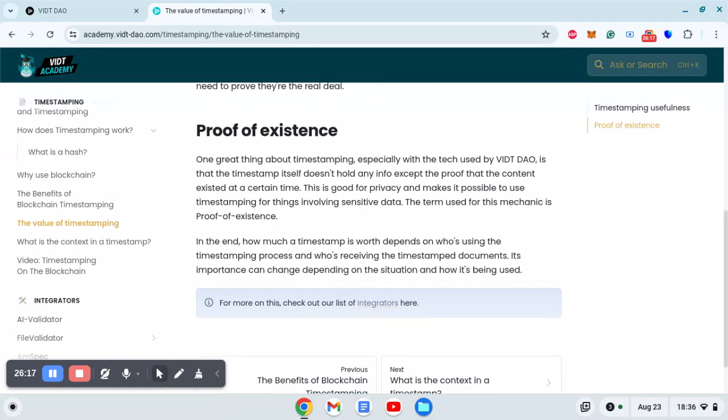So again, they're totally talking about timestamping and nothing else, probably because that is their best selling feature. There is nothing wrong with it, I totally agree. But the key here is that because they are totally passionate about timestamping technology, it becomes very necessary. I keep repeating the same thing because it is the key to understand: the way these guys are passionate about timestamping technology, VIDT token holders should also be focused and passionate about it,